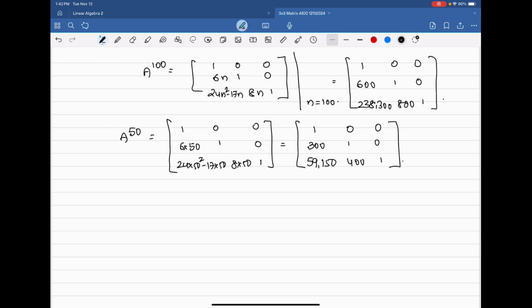That means how easily we could find out a to the power of 100, a to the power of 500, a to the power of 50. We can go to any extent for any real number. Now, there are questions asking us in civil services also. One 3 by 3 matrix is given and we are asked to find out a to the power of 14. Find out like this. If it is a triangular matrix, if the principal diagonal elements are unity, then go ahead like this. Put n is equal to 14 for a to the power of 14. For a to the power of 50, put n is equal to 50. For example,